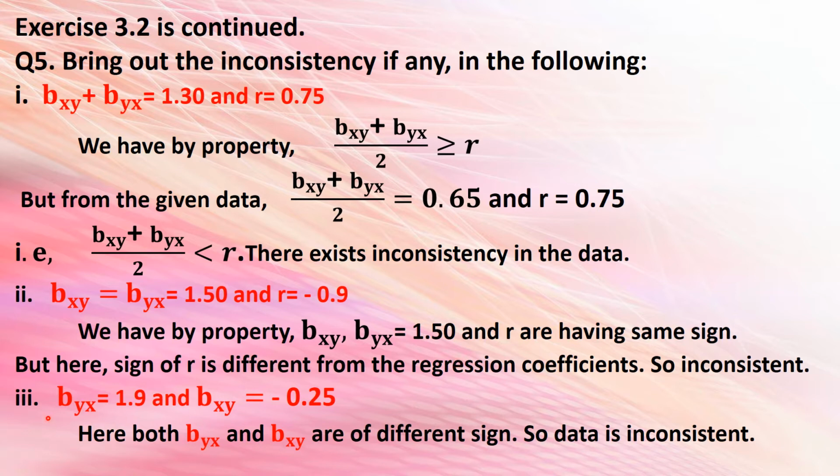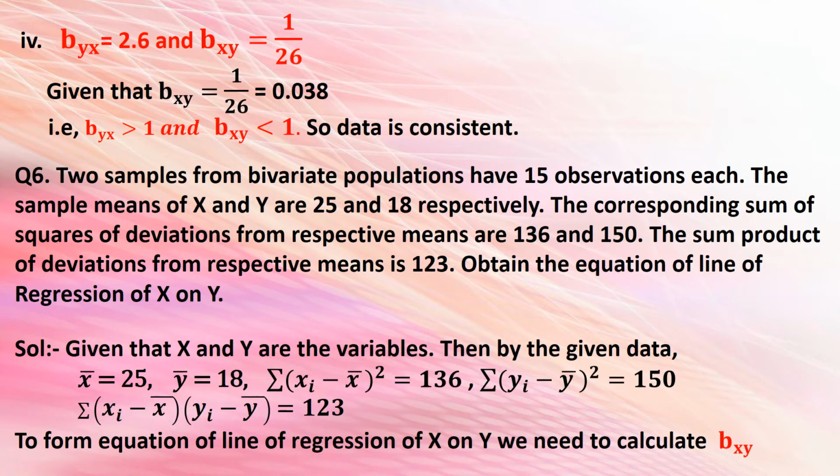Now the third one, byx is equal to 1.9 and bxy is equal to negative 0.25. One thing we can say that it is satisfying, that is one is more than 1 and the other quantity is less than 1, but the sign is opposite. So we say that it is inconsistent. And now fourth one,